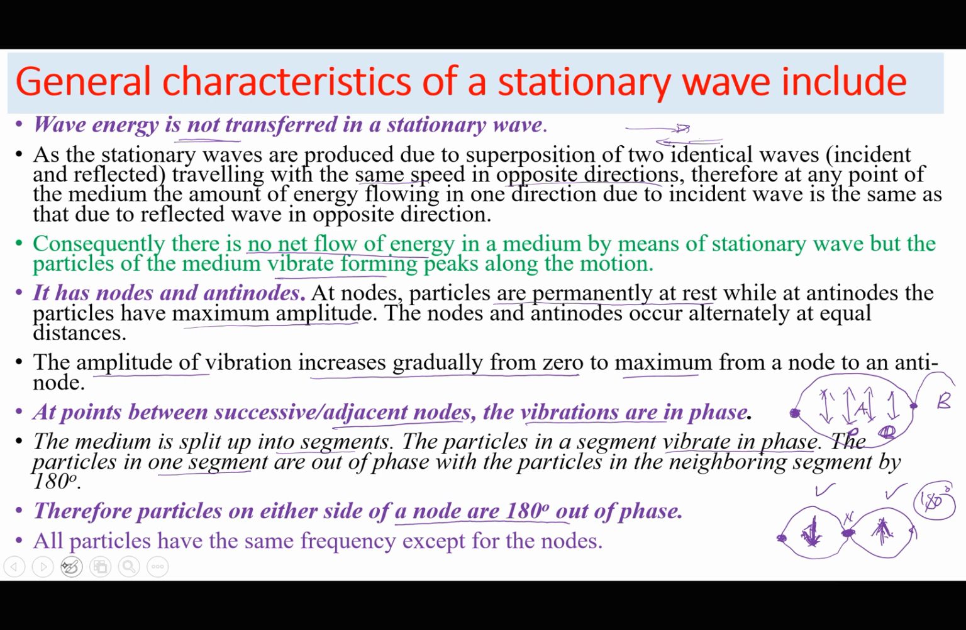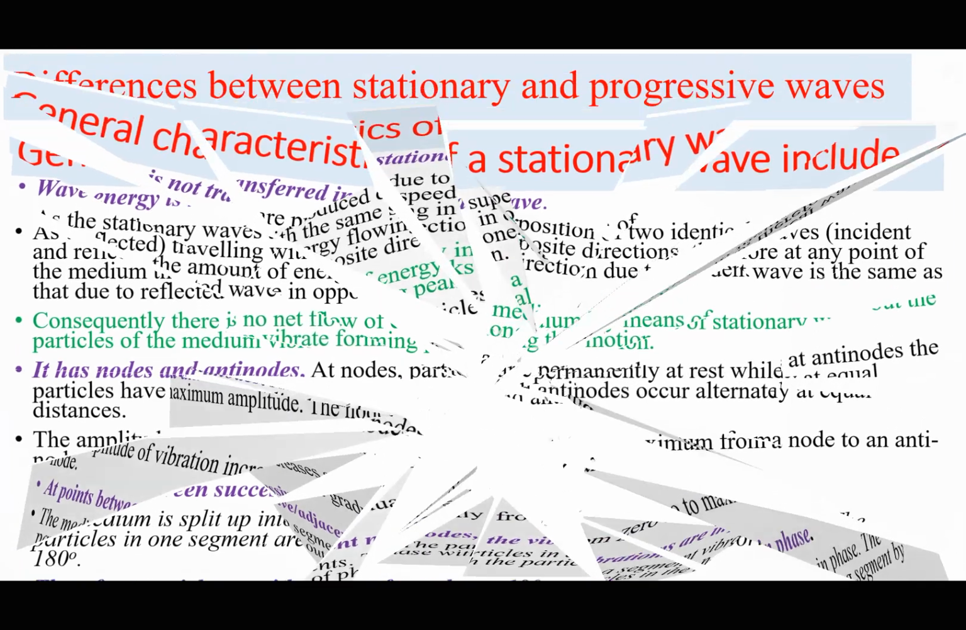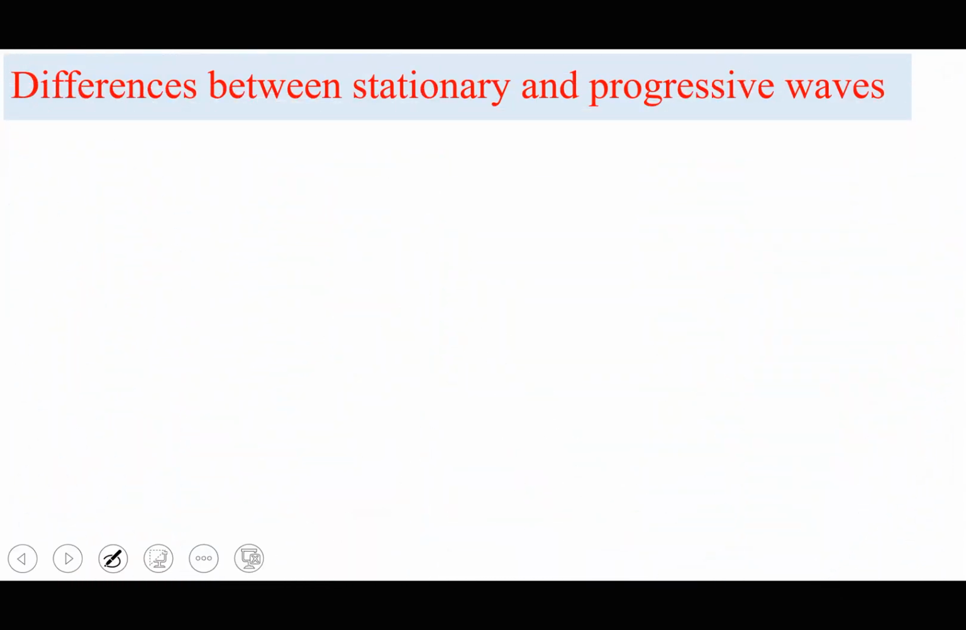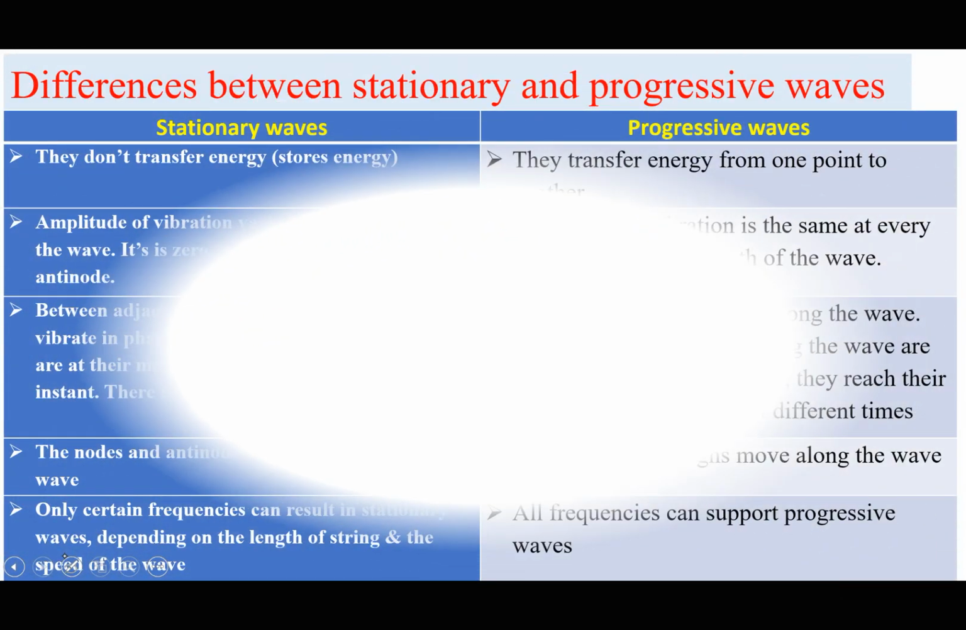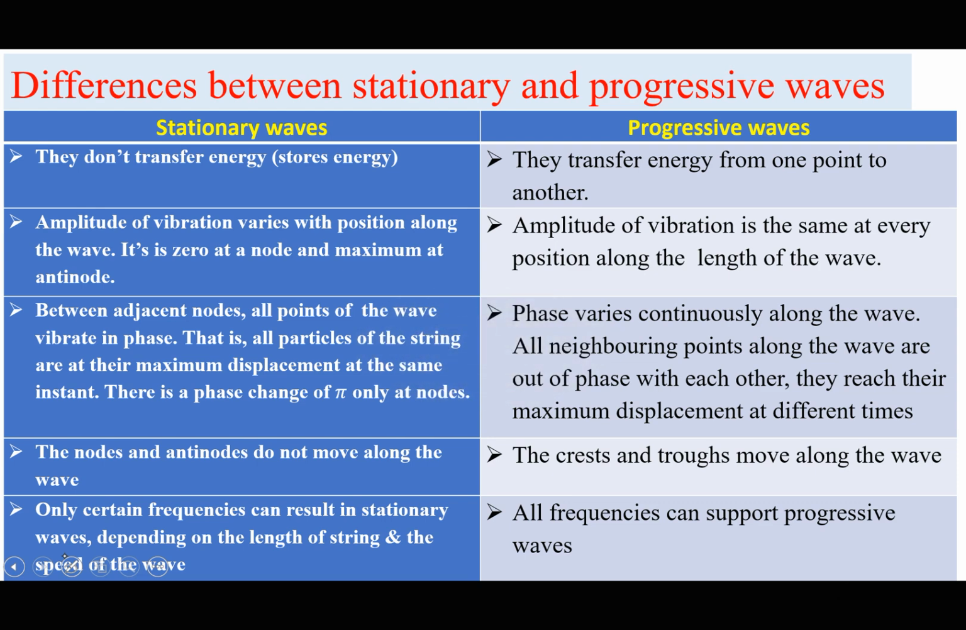Okay. So now that we have been comparing stationary waves to progressive waves, we need to give a summary of the differences between a stationary wave and a progressive wave. So this table is summarizing the difference between a stationary wave and a progressive wave. First of all, stationary waves do not transfer energy, yet for a progressive wave, energy is transferred from